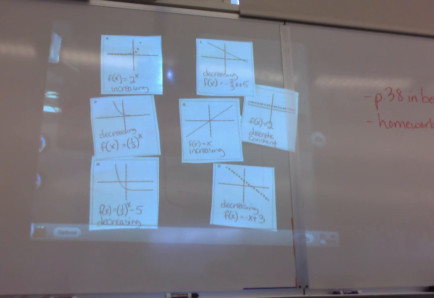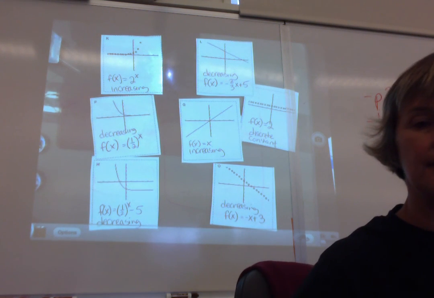Top of page 40. Somebody to read for us. Thank you, Brody. Congratulations, you have just sorted the graphs into their own function families. A function family is